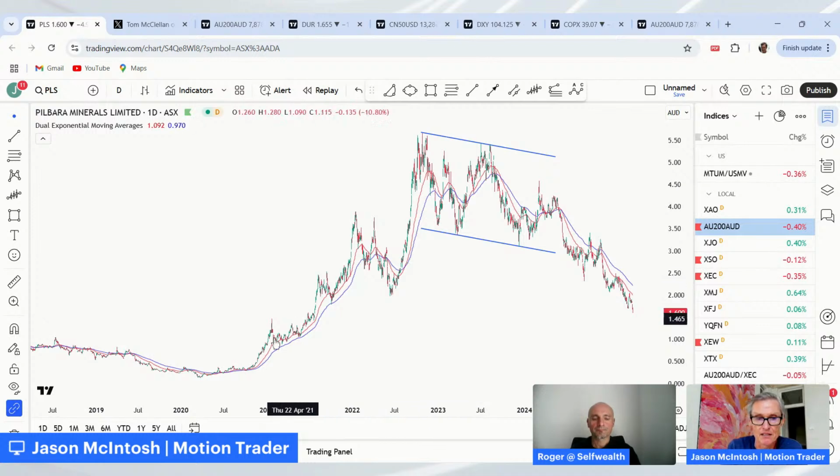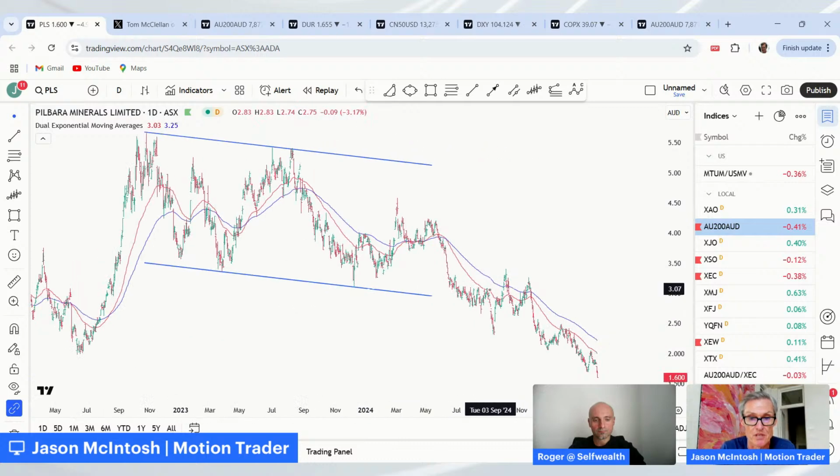And you can see the great period it had during 2020, 2021, 22. And then from 23, it started to struggle. But then people look at it and go, well, when's the next up cycle going to come? But big moves often lead to lengthy consolidations, and some just deteriorate and go into a downward spiral. So far, PLS has been in a downward spiral. It hasn't been able to recapture the momentum from earlier times.